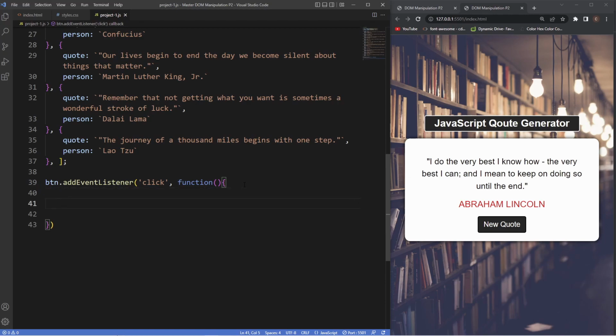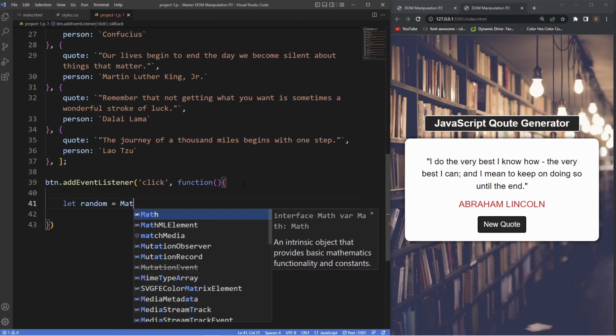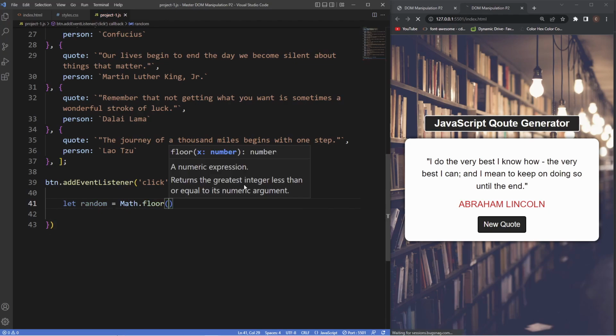Now inside of our function here, we're first going to need to create a variable which houses a basic math equation, which is essentially just going to involve the built-in Math object and a couple of its methods. So let's call this variable, let random. Now as I just mentioned, JavaScript has that built-in Math object, and this object has several methods. Now the two that we're going to be using in this equation are Math.floor and Math.random. Now we'll go over the equation again, but I'm first just going to create it quickly because it's just a bit easier to explain. So the let random is going to equal Math.floor, and then inside of this method here